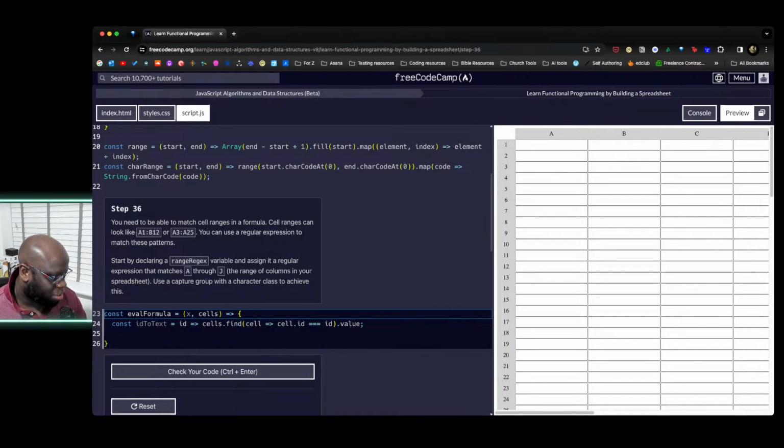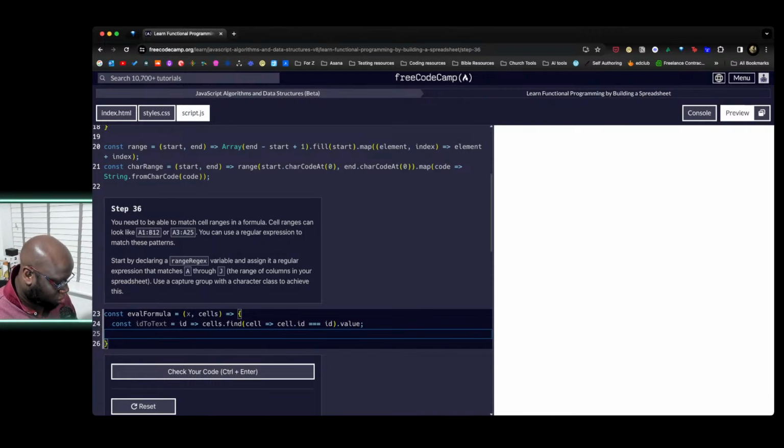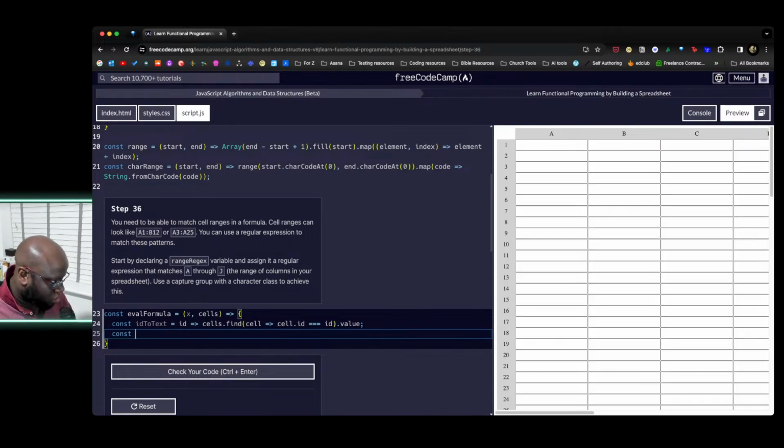Start by declaring a range regex variable and assign a regular expression that matches A through J. Use a capture group with a character class to achieve this. Okay, cool. Again, we can break it down. So we know we need range regex is equal to,